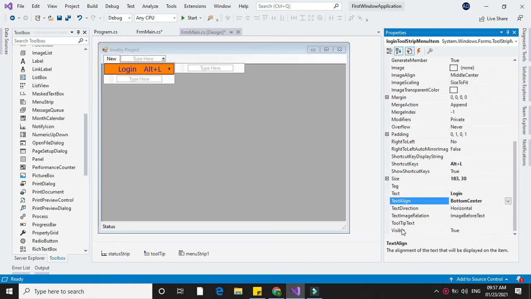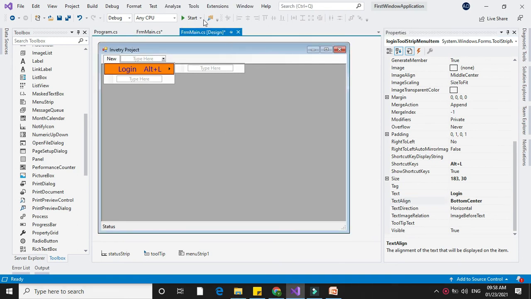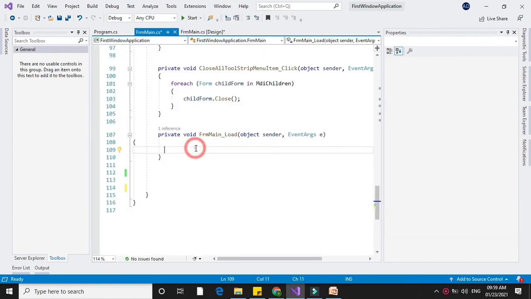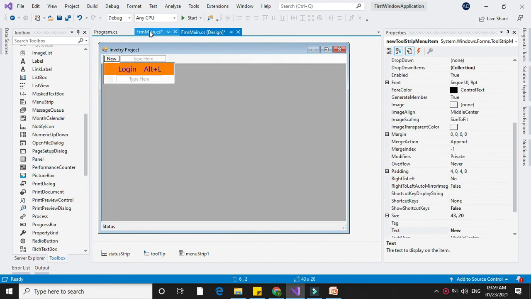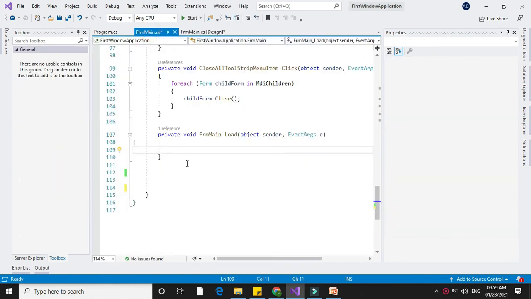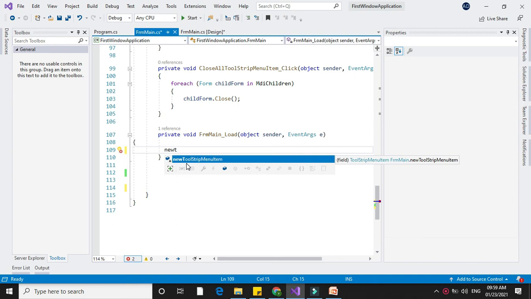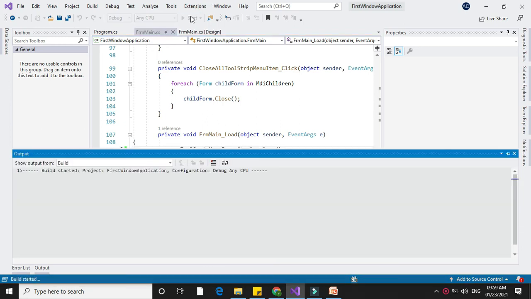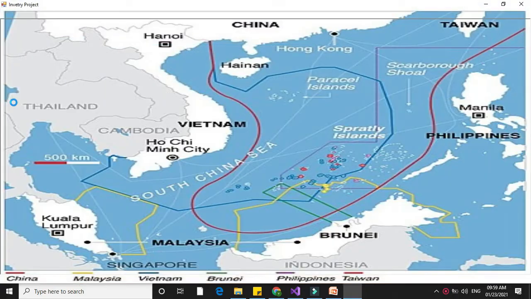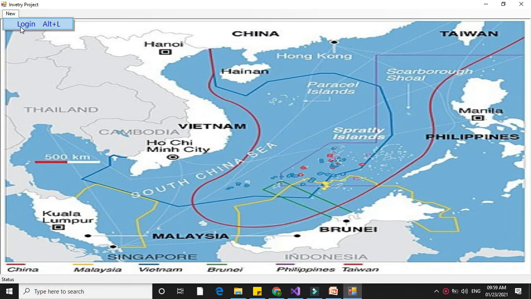Now we'll see the methods for menu. Here we will give the toolstrip menu item name, toolstrip menu item dot show drop down, and when we execute, it will display the drop down list at the time when the form is loaded.